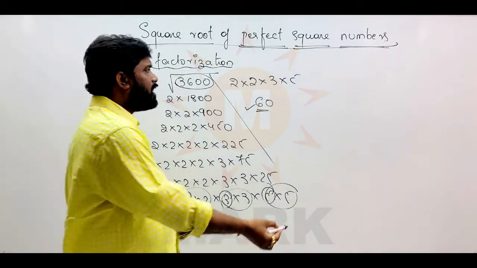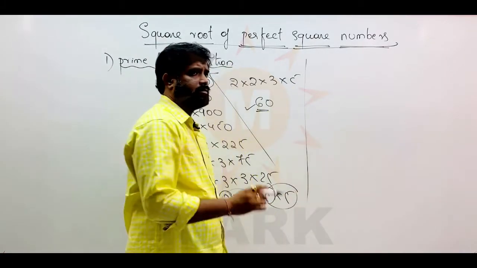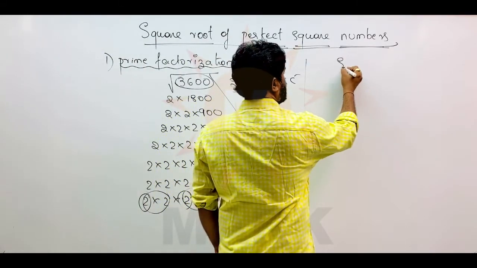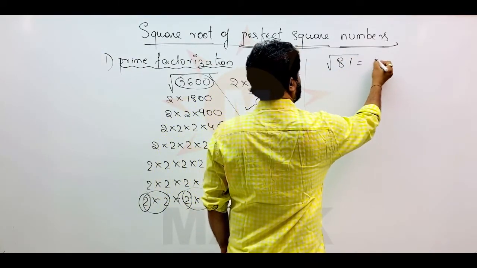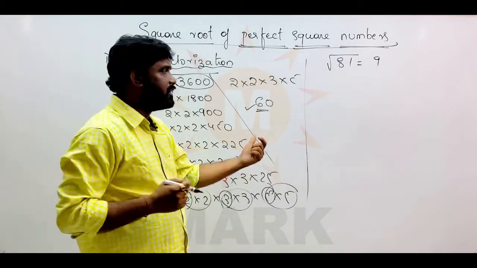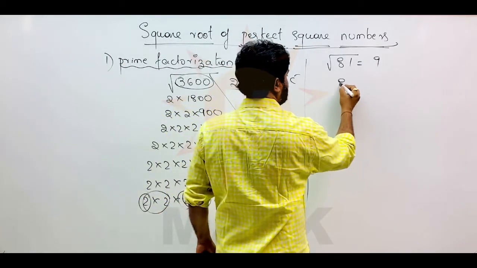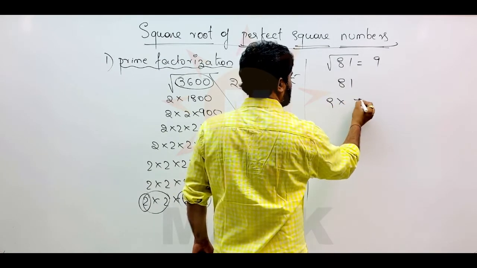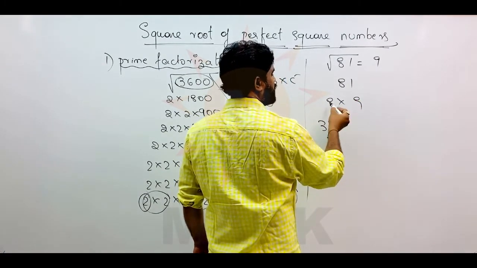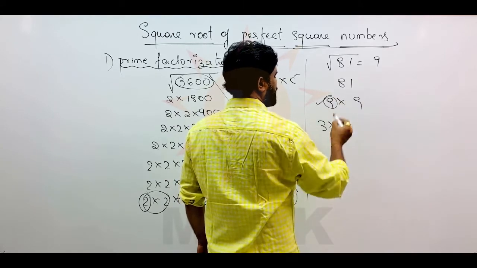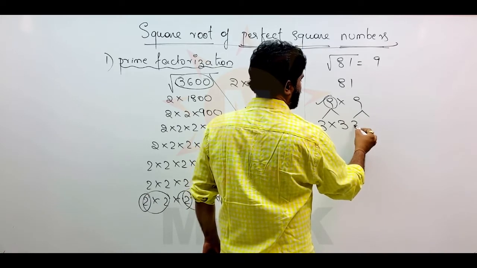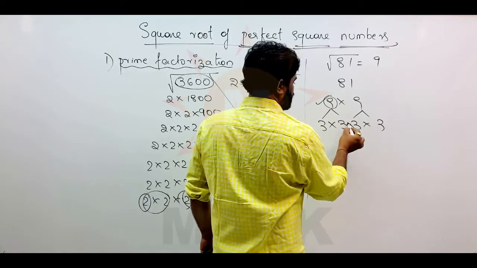Now I will take a small number and prove it so that you will get convinced. Suppose you want to know the square root of 81. The square root of 81 is 9, you know, but with this prime factorization method, once again we will prove. First of all, 81 can be written as 9 into 9. Actually from here only you can take 9 as the answer, but still 9 can be written as 3 into 3, and again 9 can be written as 3 into 3. So there are pairs here.